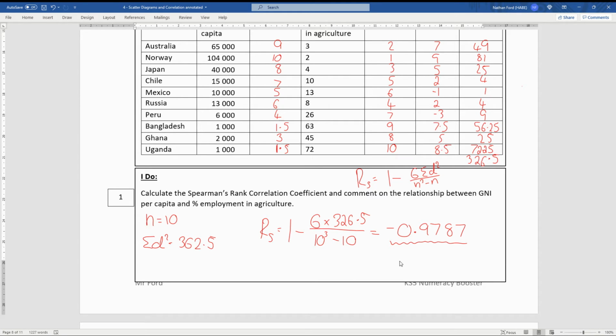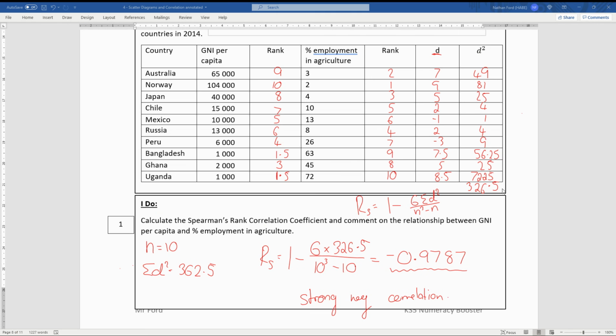This means that there's an extremely strong negative correlation. So there's an almost perfect correlation there. I'm going to graph this and show you what it looks like. Okay. So what I've got is a very extreme